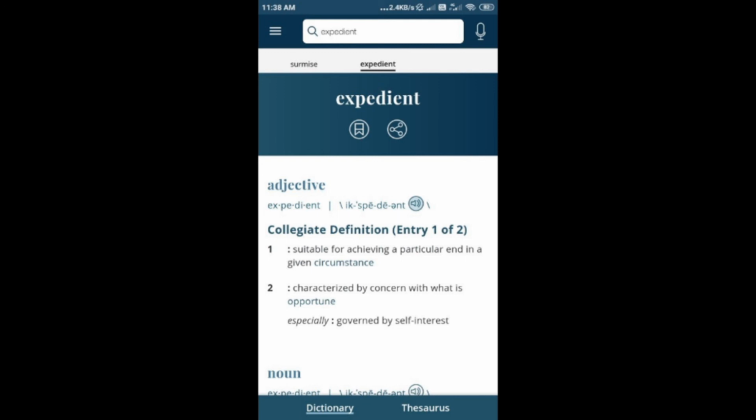You could find out how the word is pronounced. Now, only for pronouncing the word you need internet connection, right? After you download it, after you update the app in regular intervals, you don't need internet connection. You could switch off the internet and continue using the dictionary. But then only if you want the dictionary to pronounce the word for you, you would be needing the internet connection. So it goes on like this.